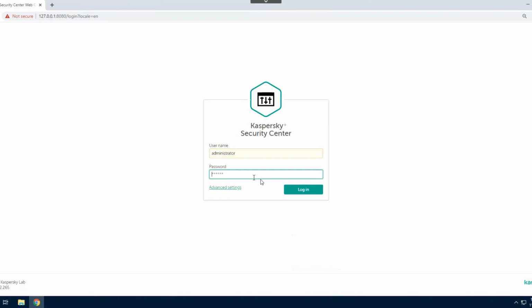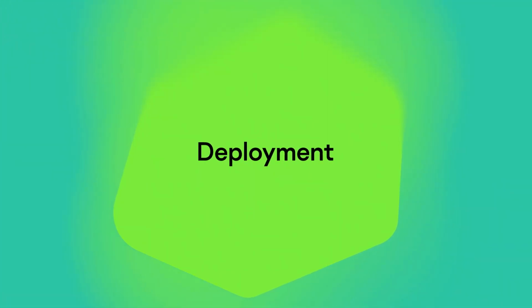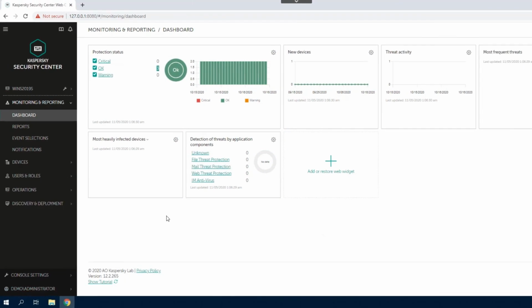So, we log into the console. The first thing you see in the console is the dashboard with information on the number and nature of threats, status of the protected devices, virus activity, and so on. All of this can be configured and customized according to your specific needs. In this tutorial, we're using a number of devices with Kaspersky Endpoint Security for Business 11.4 already installed and with